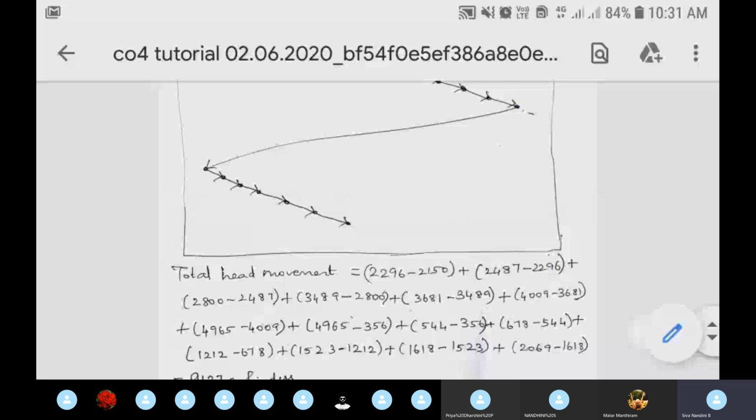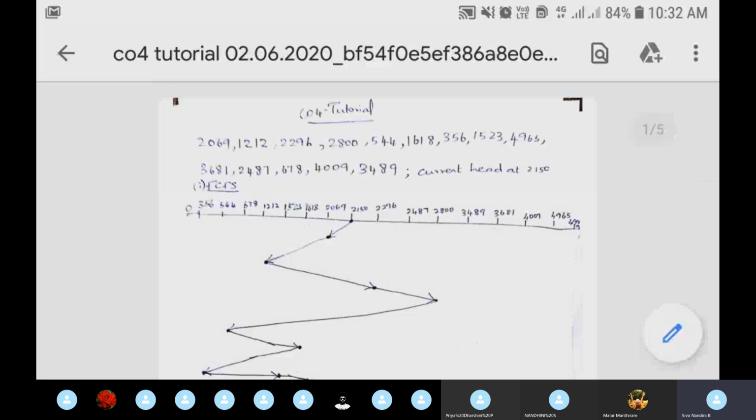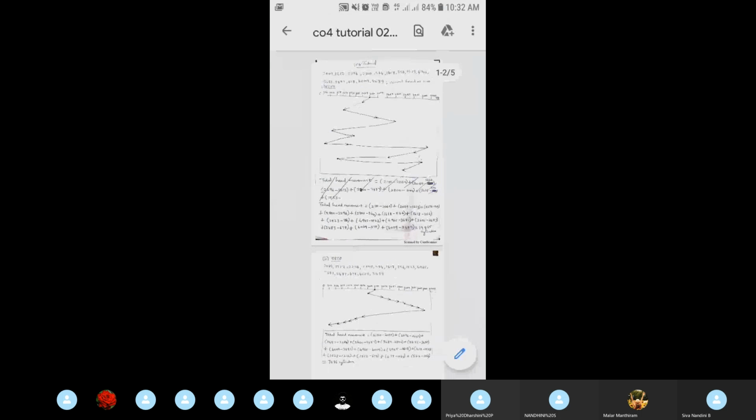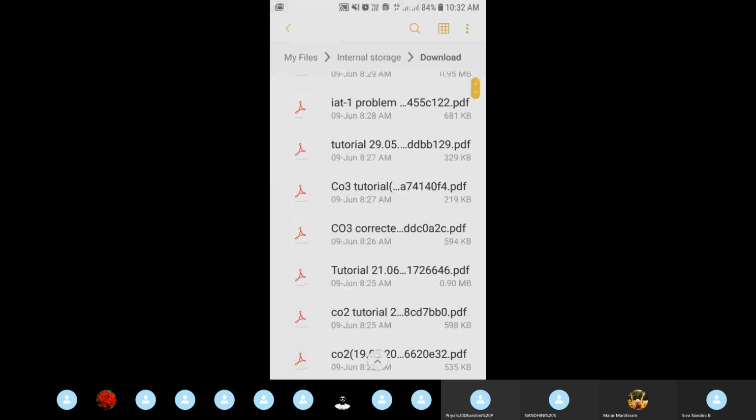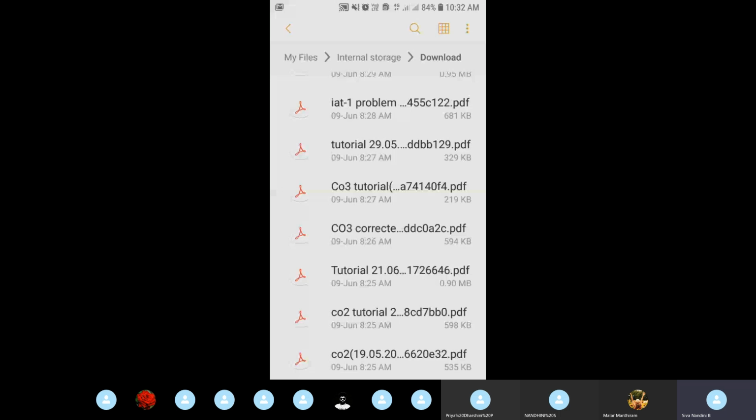Okay, whether anyone has a doubt in this scheduling algorithm. I have posted all the solutions for IIT and all the tutorials in the Moodle in the corresponding section. You may refer to it in the future also. If you have any doubt in any one of the algorithms, you can ask me. I'll explain it. Okay, I hope no one has any doubt in it.